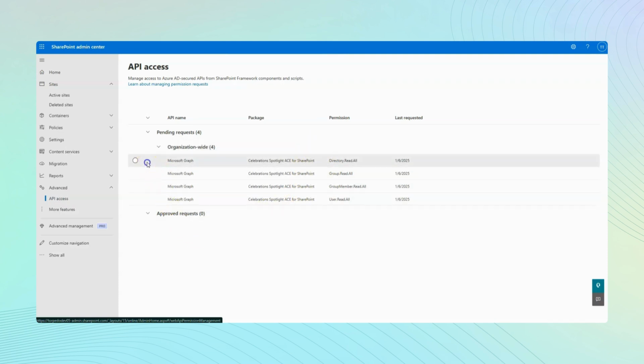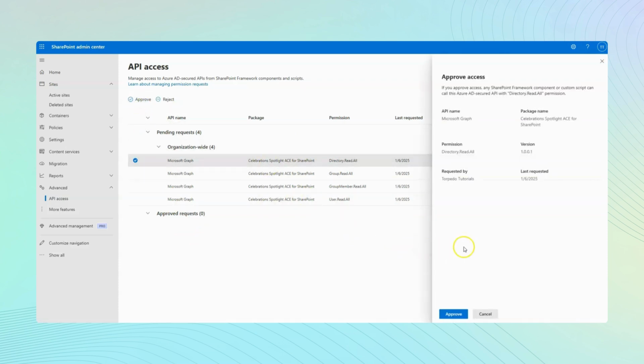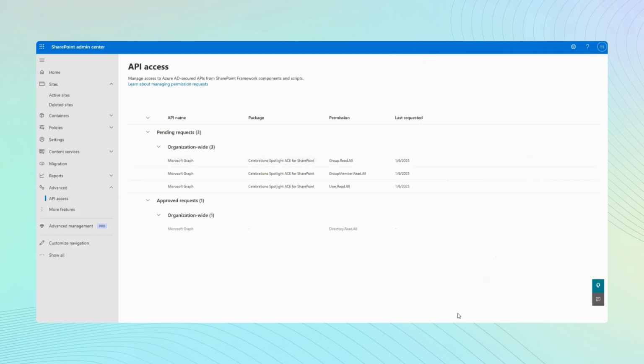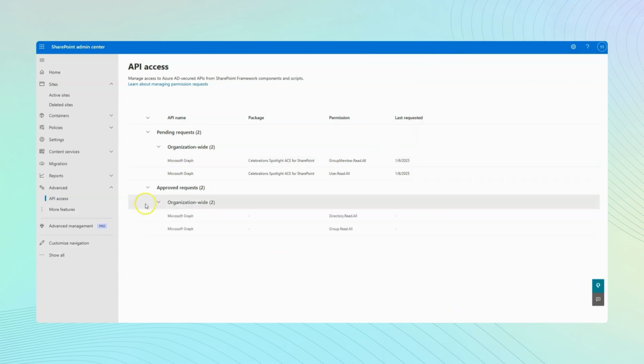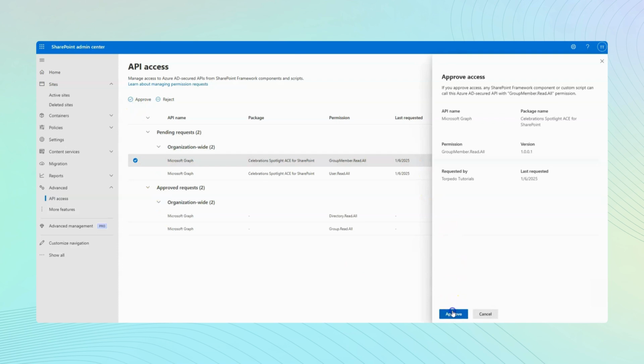Approve each permission, which are needed to access user information required for obtaining the name, email, department, job title, birthday, and hire date. A confirmation dialog will appear. Click Approve again to finalize. After approving the permissions, you are now ready to create or edit a Viva Connections dashboard and add the Celebration